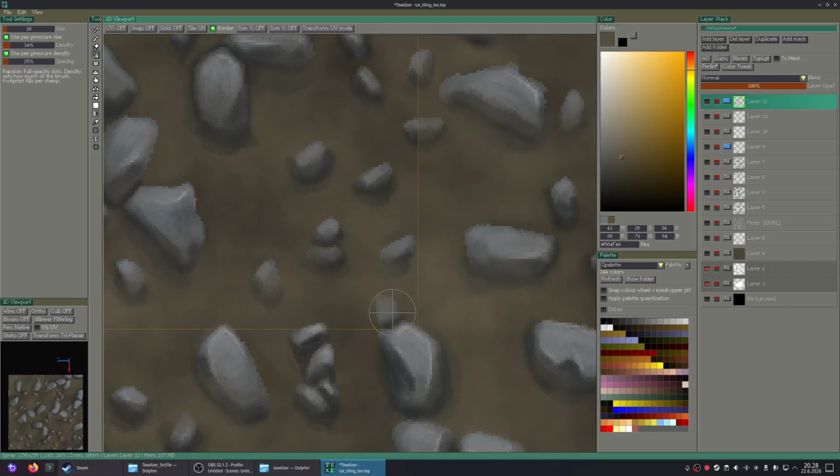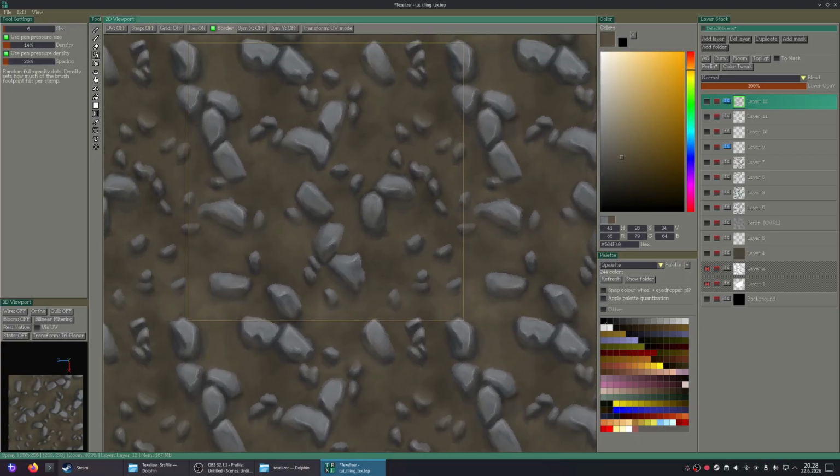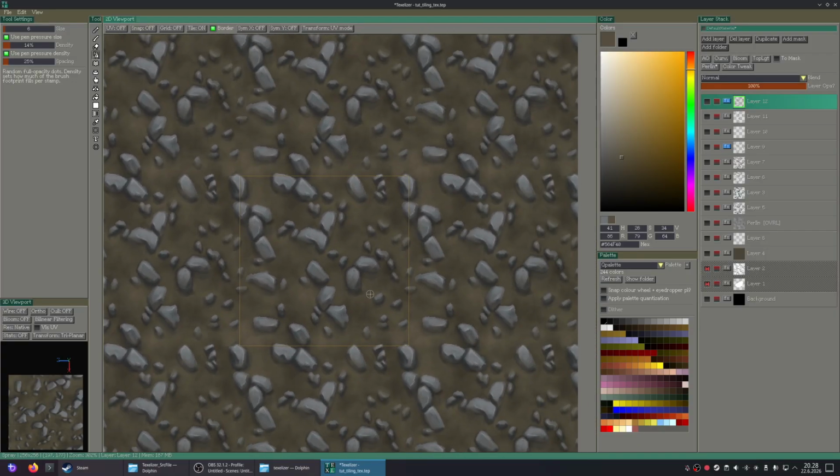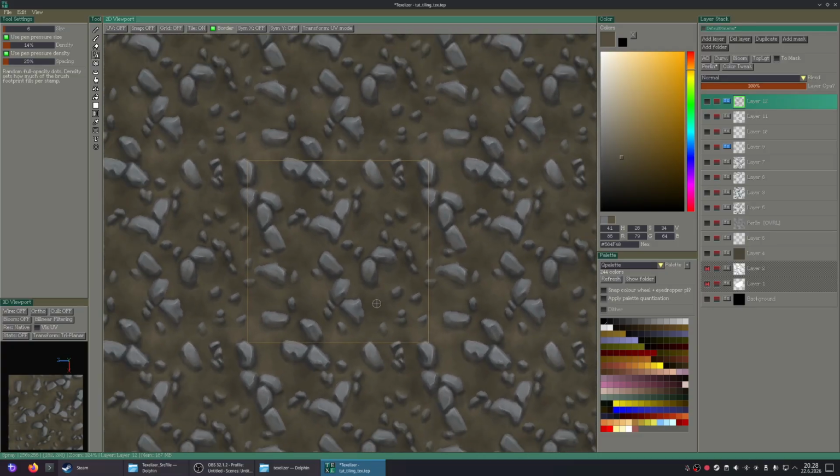Oh, that is rough. I've missed that rock entirely, so I'm just gonna brush over it. There we go. Okay, yeah, that made it a bit better. Let's put some more here as well.